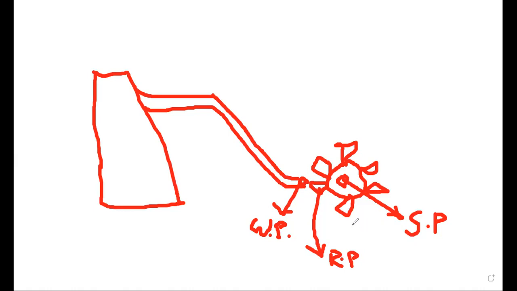Now we were talking about hydraulic efficiency. So what is hydraulic efficiency? The ratio of runner power to the water power. That is known as hydraulic efficiency. You can see that runner power cannot be equal to water power. Why? Because total water doesn't impinge on the blades of the turbine. Some of the water splits here and there, so that water goes waste. That's why this runner power is always less than water power. So the ratio of runner power to the water power is known as hydraulic efficiency.